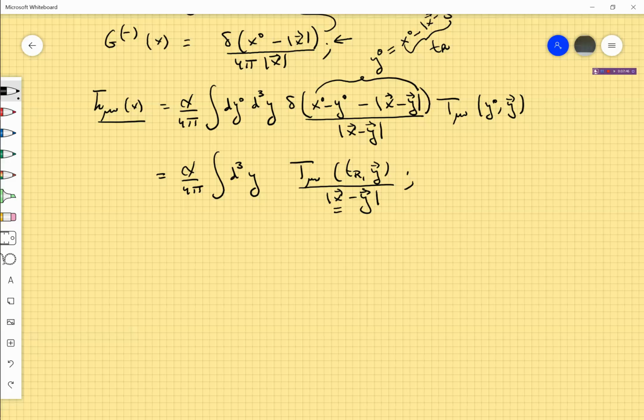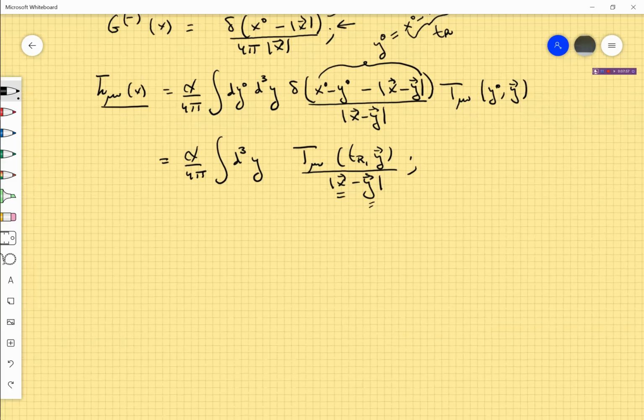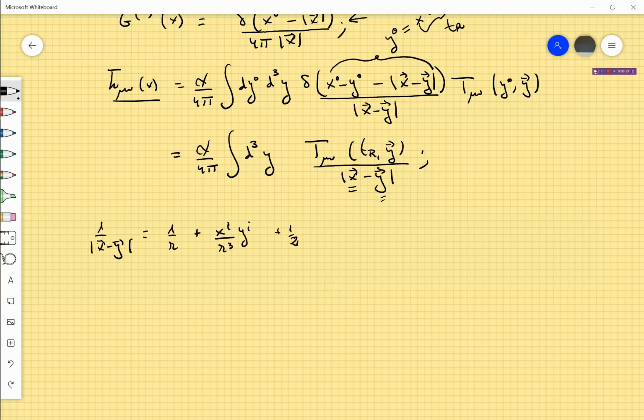Then you can expand 1 over |x − y| for small values of y. It will be small with respect to x. Okay, but this expansion makes sense. You can Taylor expand it. And this expansion is a well-known expansion. So the leading term is 1 over r. The next term is x_i divided by r cubed times y^i, plus a half of